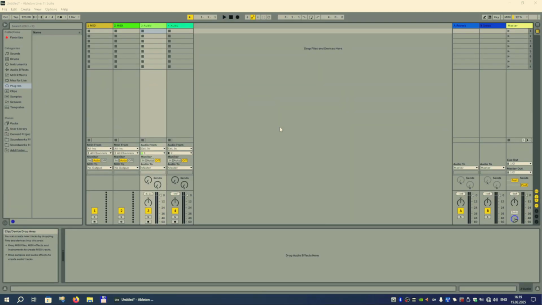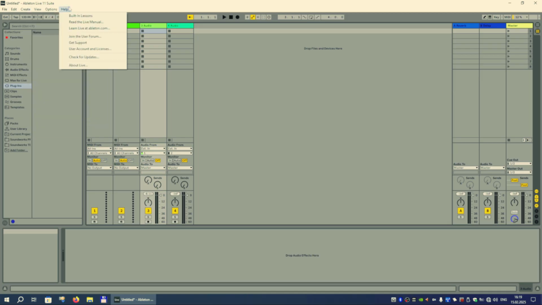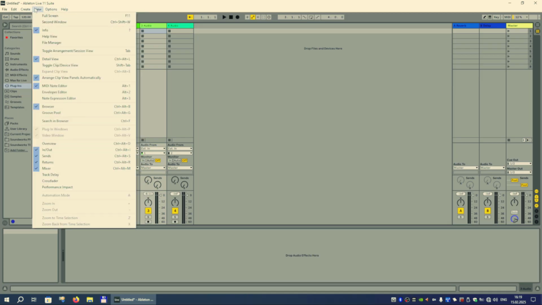Now let's go through some menus. There's not much to do in File, Edit or Create or Help at the moment, but let's take a close look at the View menu. Most settings here are toggle switches, which means if you turn one of them on, some other one will go off. And some of them are just duplicating existing controls on the screen.